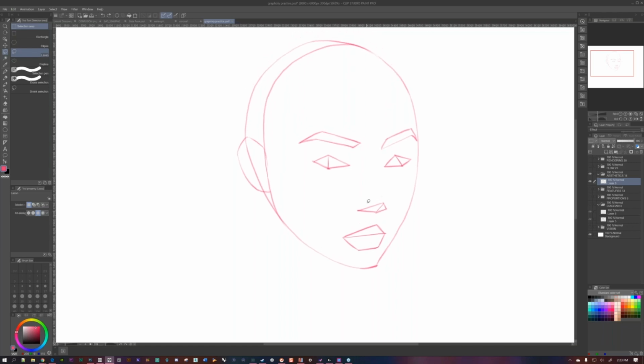And even here, I recommend that you look at a lot of artists that you enjoy, because they're going to be able to help you understand how you can push and pull different proportions in order to keep things looking aesthetic. And so one thing that I like to do is I'm going to try to show you an example of how you can push this to Disney proportions here. So I'm going to try and draw